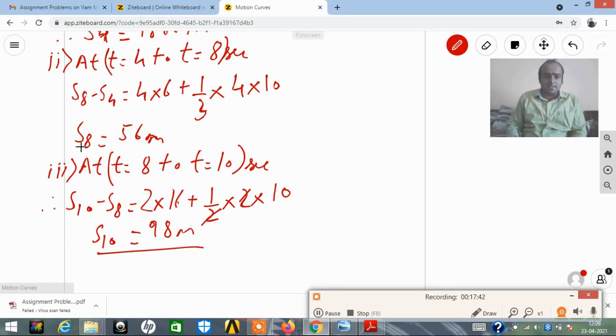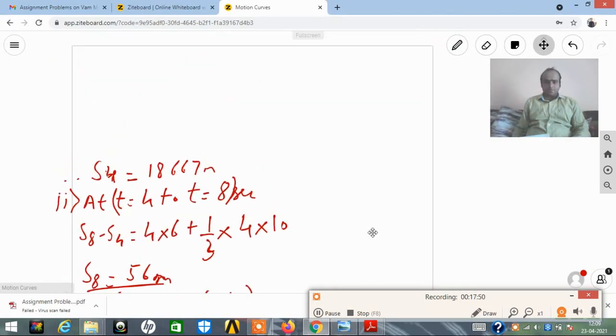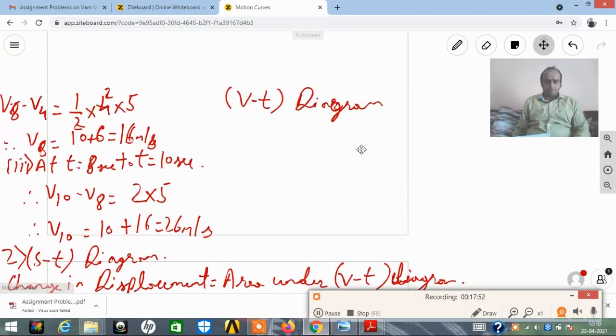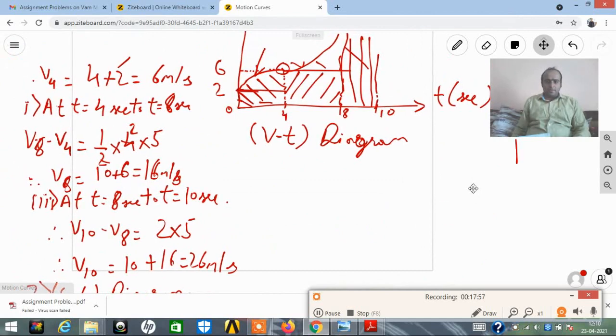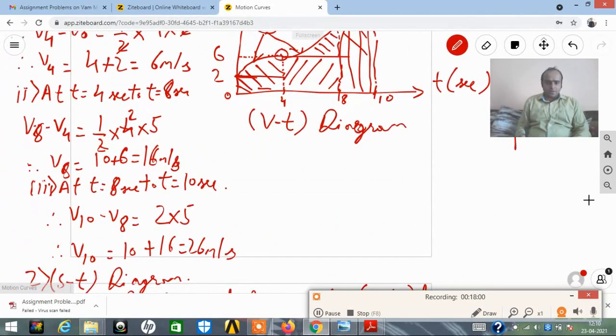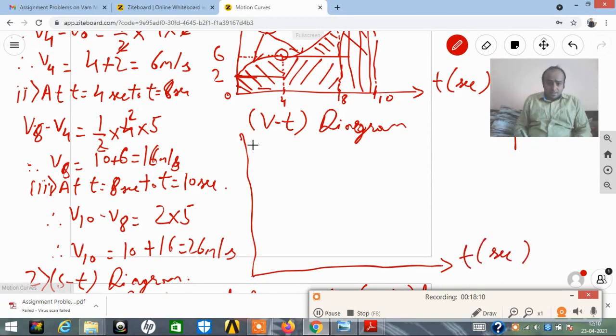So friends, let us just get the ST diagram now. I'll be drawing the ST diagram over here because it is totally coming from the VT diagram. This is the y-axis, this is the x-axis over here. This is time in terms of t seconds. This is x in terms of meters. Please draw it with the help of the scale during the examination. Draw it properly. This is 0.